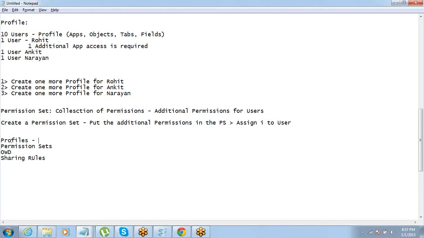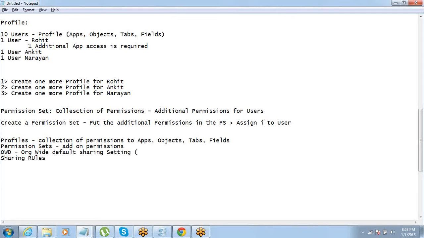So profile is basically a collection of permissions to apps, objects, tabs, fields, right? Permission sets, add-on permissions. OWD, organization wide default, org wide default sharing setting.